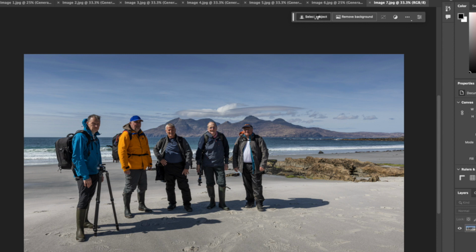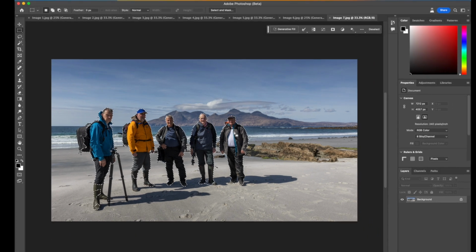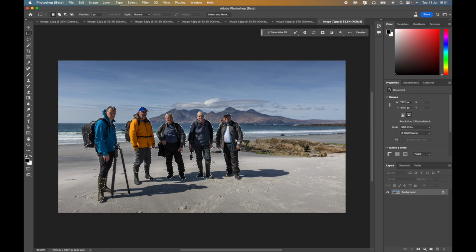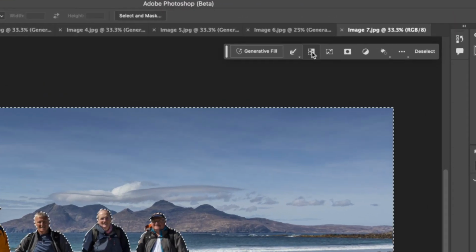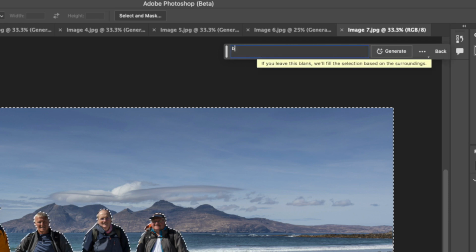So if I press select subject, that's done, not a bad selection, and to be fair, because this is just a quick overview, I'm not going to do refine edge. So what we'll do is we'll invert the image, and now we've inverted the image, in Generative Fill, let's type in